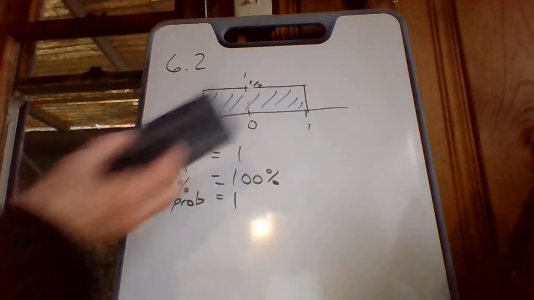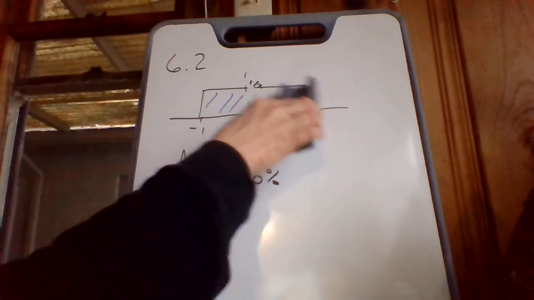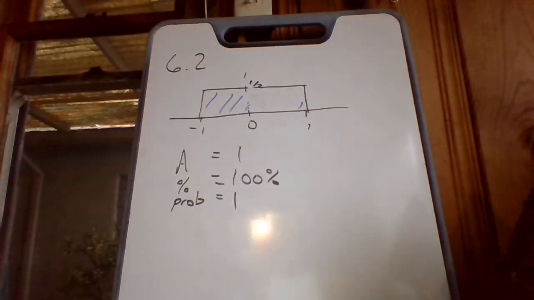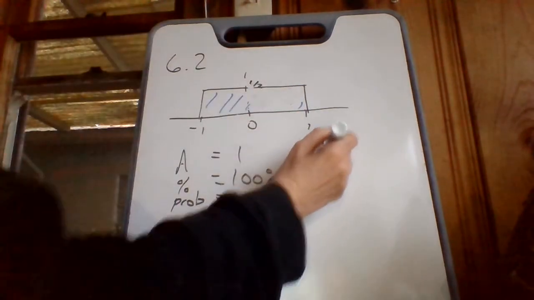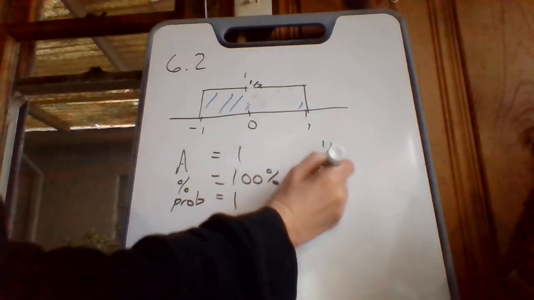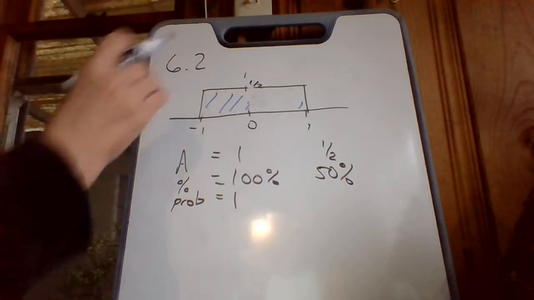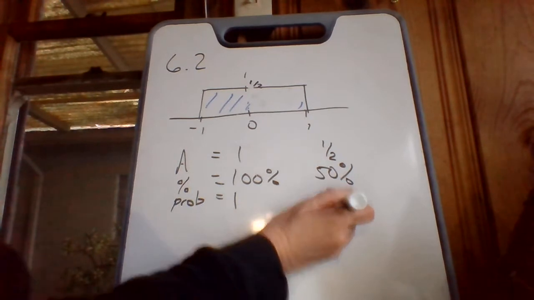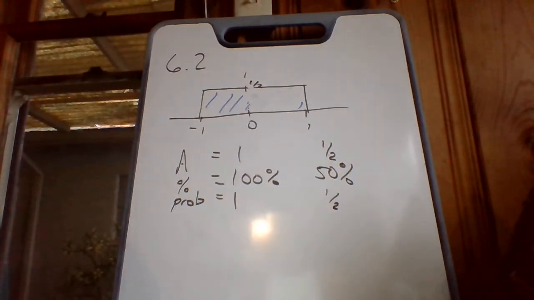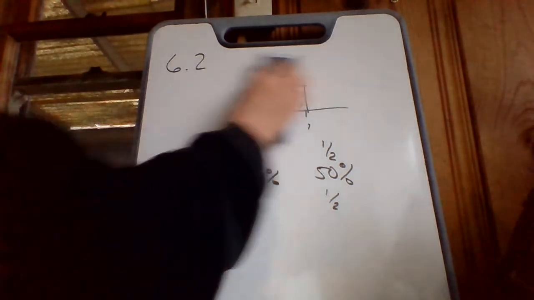But before we move on, let's try another question. All of a sudden, I have that much colored in. It's 1 by 1/2. The area is 1/2. 50% of it is colored in. And the probability, it's going to definitely land in the rectangle. So the probability it lands in the blue part would be 1/2. So it's definitely the same question. And this is really easy because it's geometry, and I know how to do rectangles. That's like length times width. I could do that. But what if